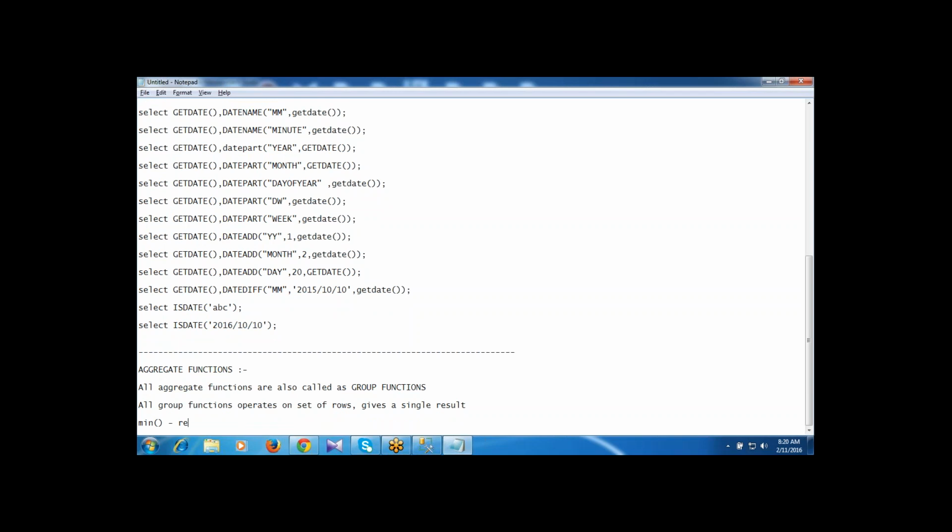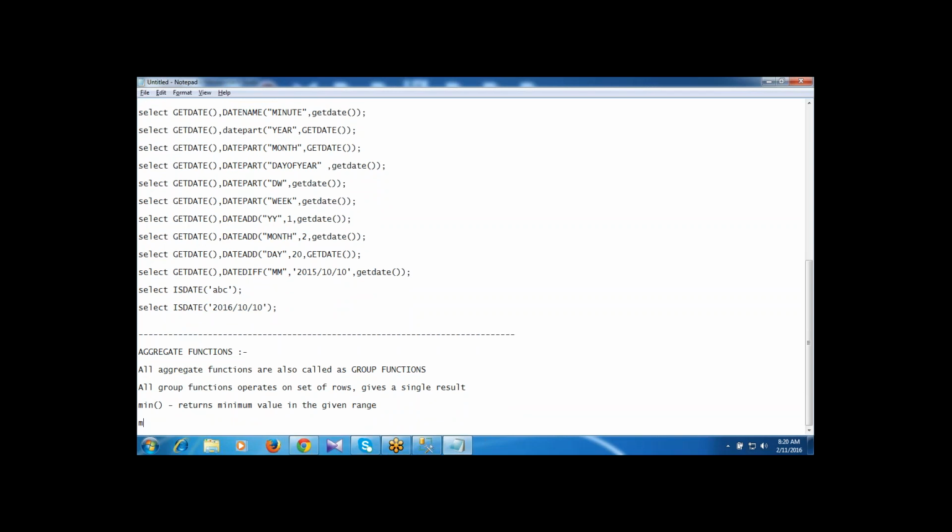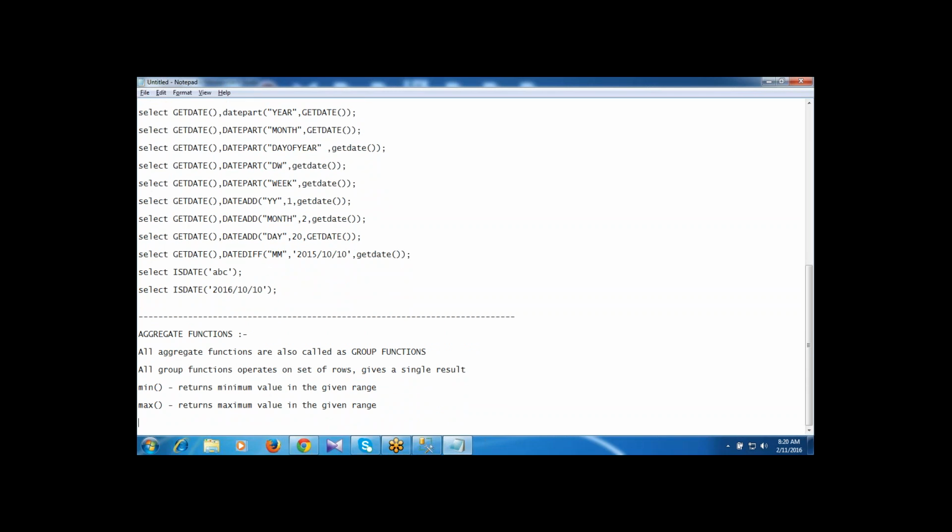So min is the function. It returns the minimum value in the given range. Max is the function. It returns the maximum value in the given range. Sum is the function.